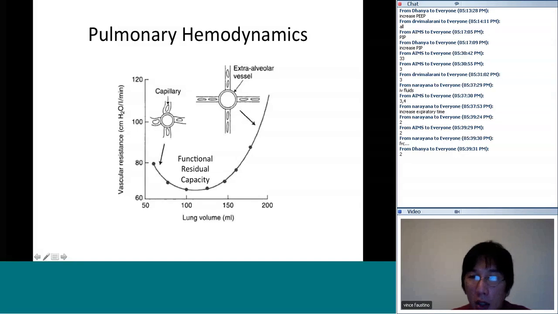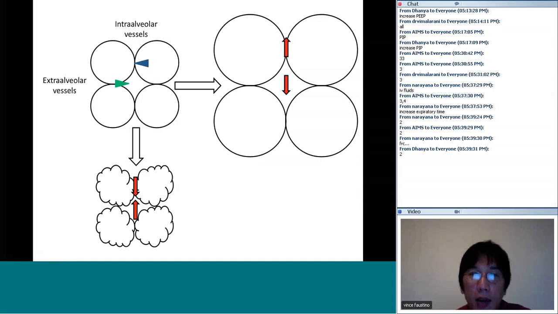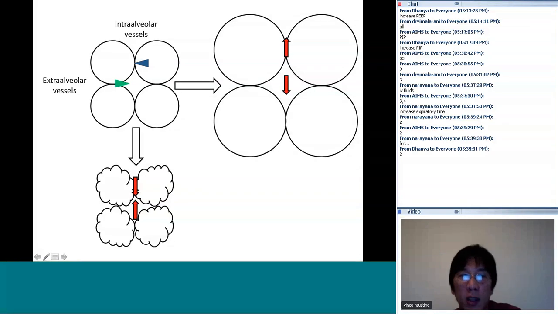One way I try to remember that is, for example, you have 4 balloons slightly inflated side by side. Your intra-alveolar vessels are the vessels between 2 balloons, and your extra-alveolar vessels are the vessels inside the balloon. So if you hyperinflate the lungs, the pressure within 2 balloons, or your intra-alveolar vessel, is much higher, therefore your resistance goes up. But at the same time, the space inside the 4 balloons actually increases, and therefore your resistance goes down